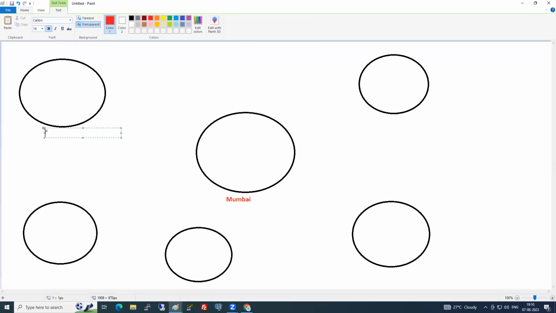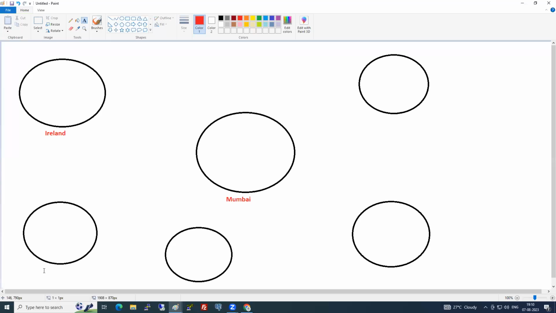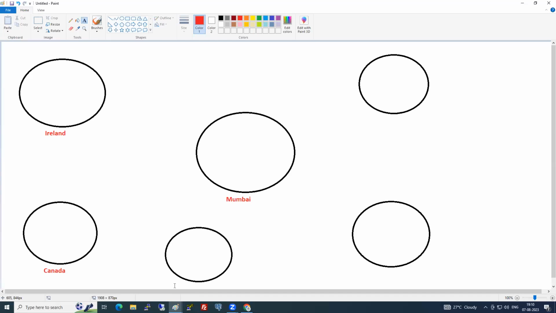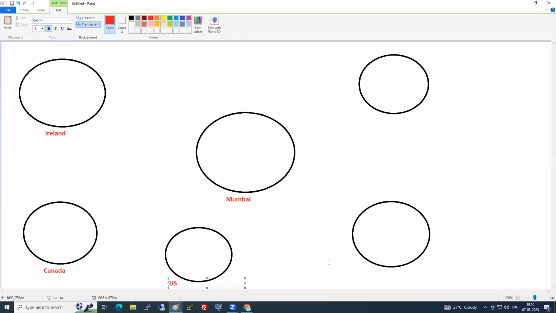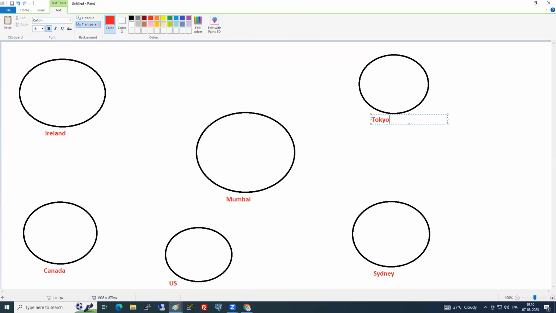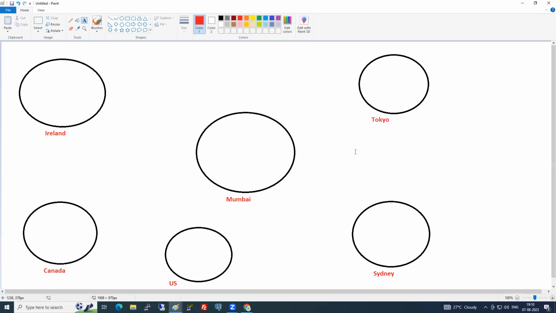This one? Wow. Okay. Ireland. This one? Below Ireland? Oh, Ohio. Okay, so we have Canada here, US, on top Tokyo. So now, yeah, these are multiple setups.